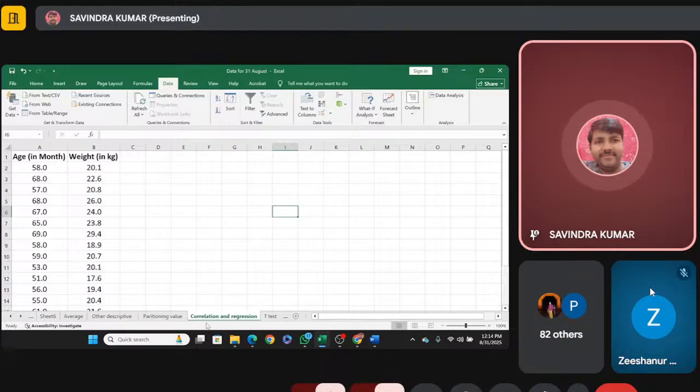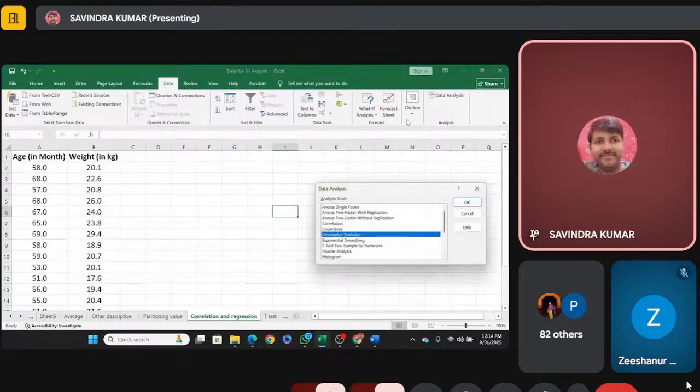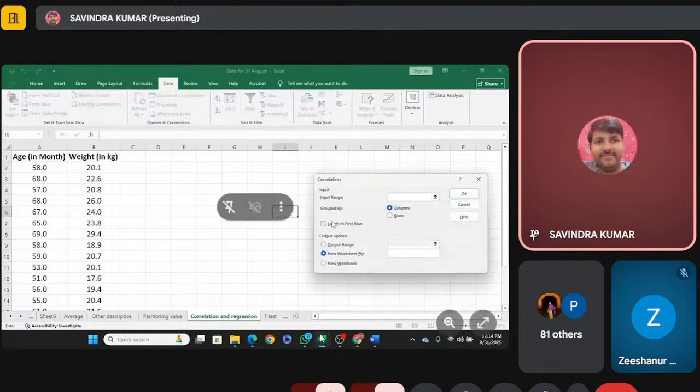We have just opened the worksheet of correlation and regression. You can open it simultaneously with me. Click on data analysis and find out what you want to calculate. You want to calculate the correlation. Simply calculate the correlation, and you have to